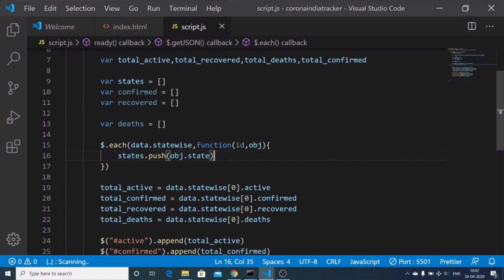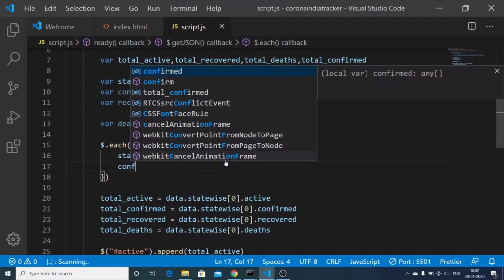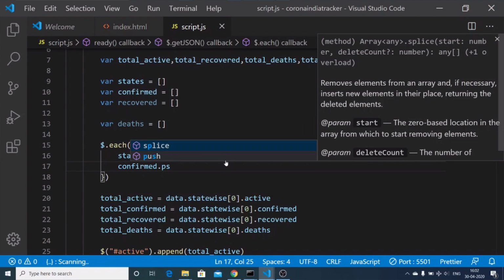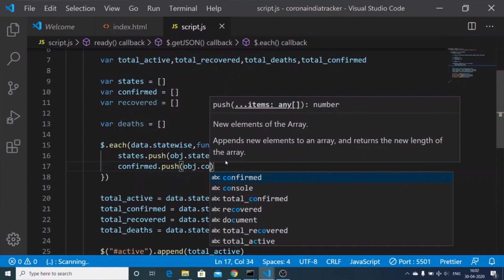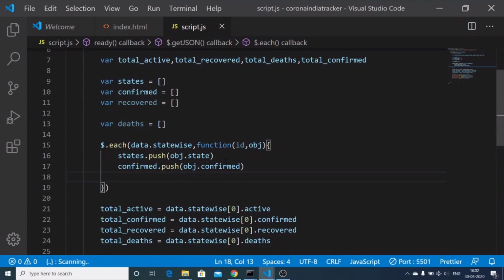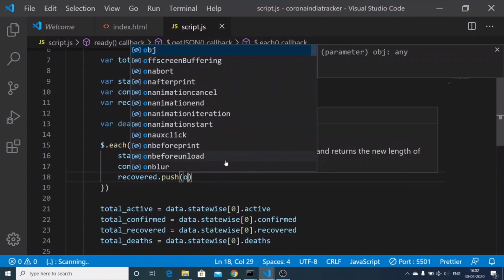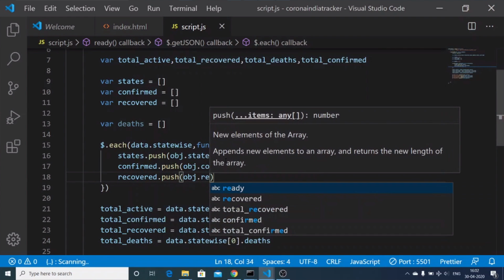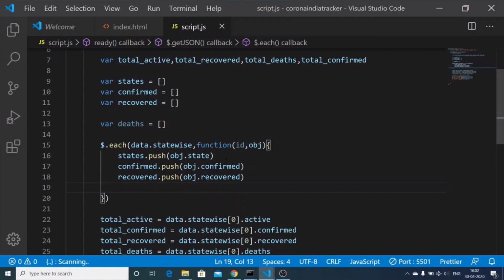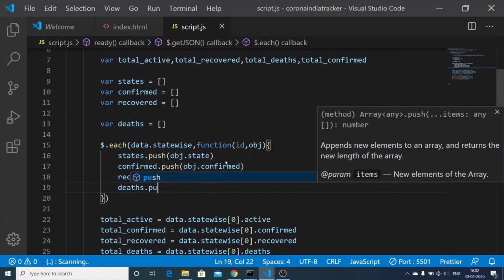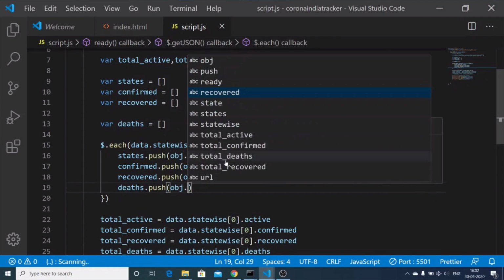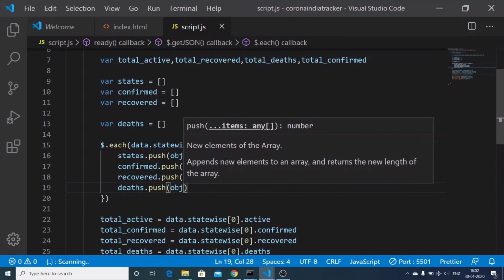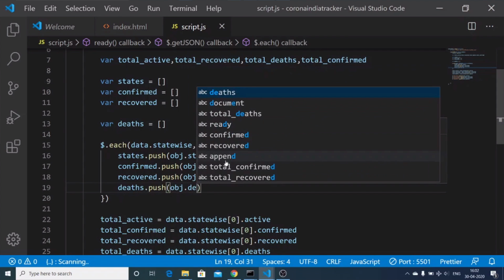Now we can just do it for every array. For the confirmed array, we can just push the entry, which is object.confirmed. Next we have the recovered as well, so recovered.push object.recovered. And last we have the deaths array as well, so deaths.push object.deaths.